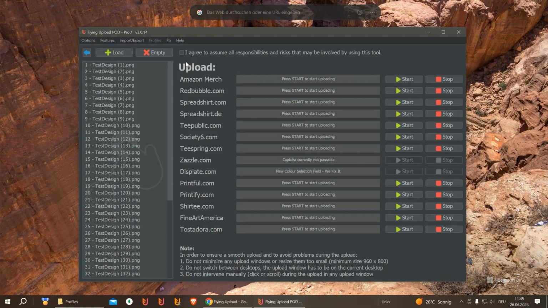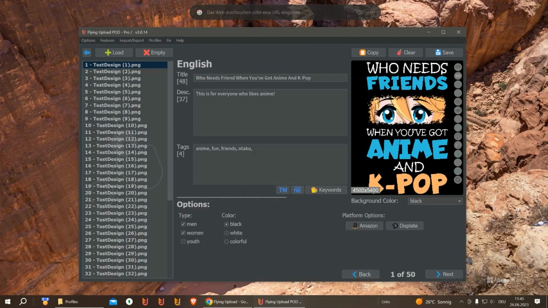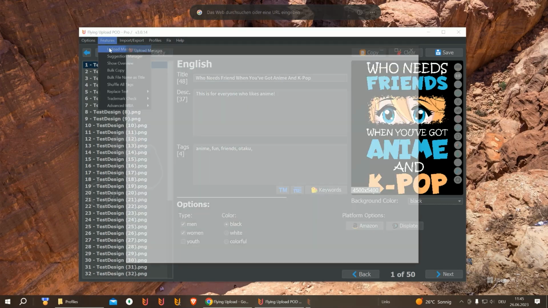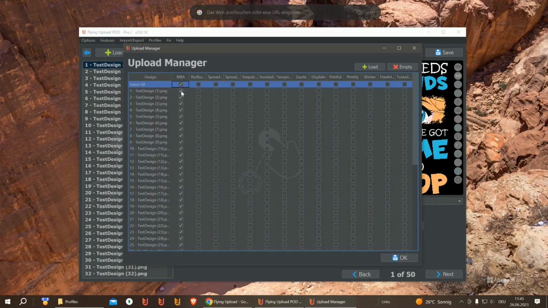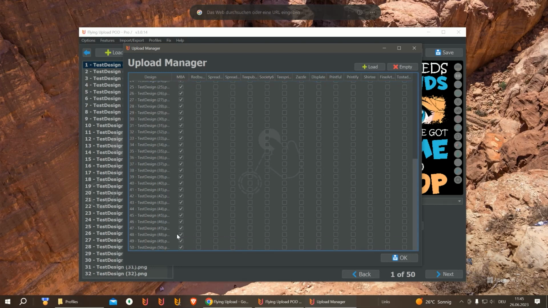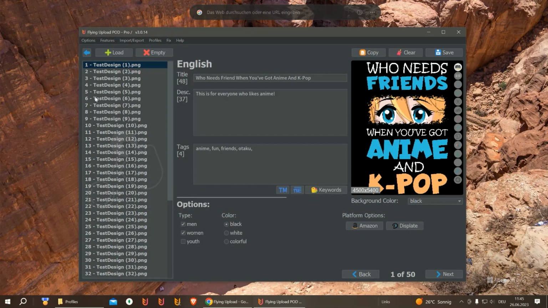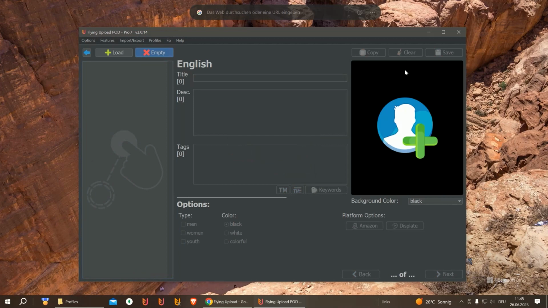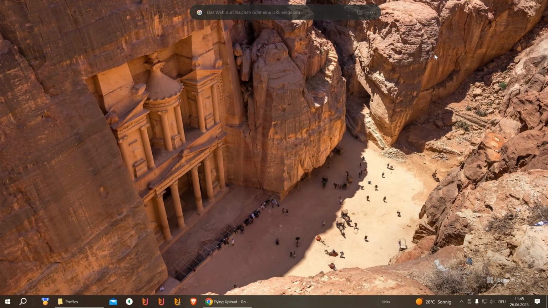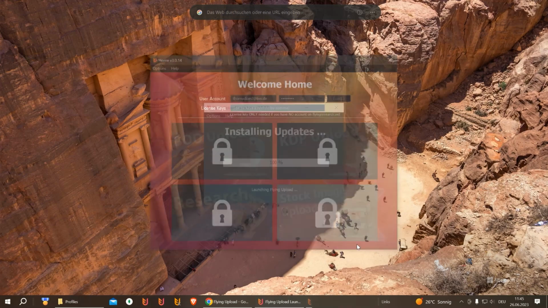And this is it. Also very important, as I mentioned, you don't need the Excel anymore. For example, we go now to the upload manager, and let's say that most were uploaded, and for the last 5 designs the slots on Amazon weren't enough. This is also information that Flying always has in the background. So you can clear the tool, close it, shut down your PC, start it the next day, and simply open Flying again,